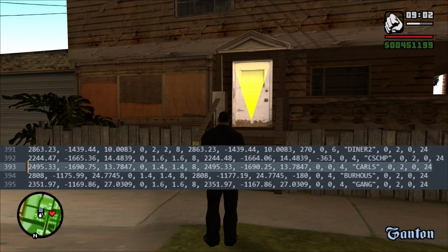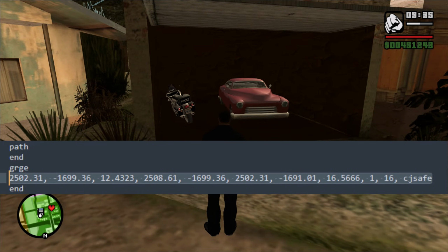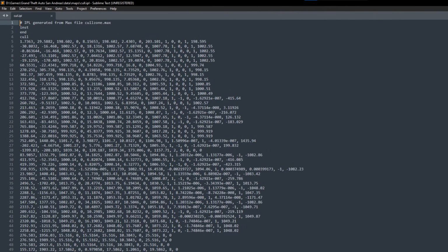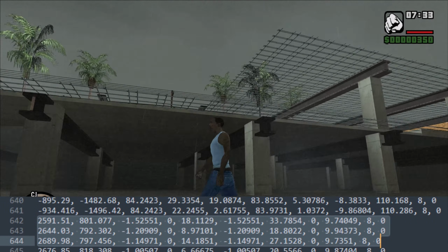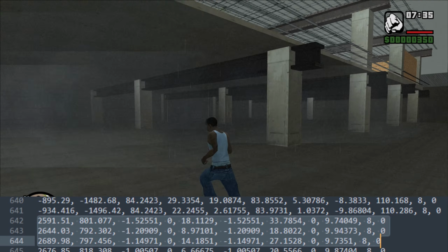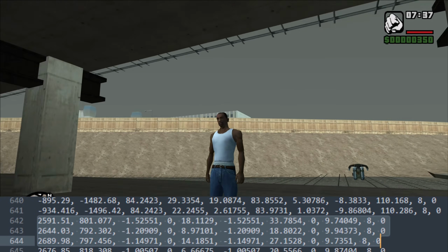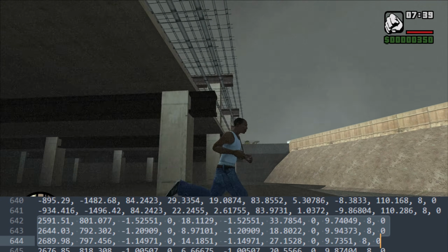They also have sections which contain coordinates for other things, such as the enter and exit teleports around the map, as well as garage locations. They also contain a section called Cull. These are used to create invisible blocks around the map, which trigger different behavior if the player is in the block, depending on the block's flags. For example, there's multiple blocks under this construction site with the flag to disable the rain effects when the player is inside the blocks.